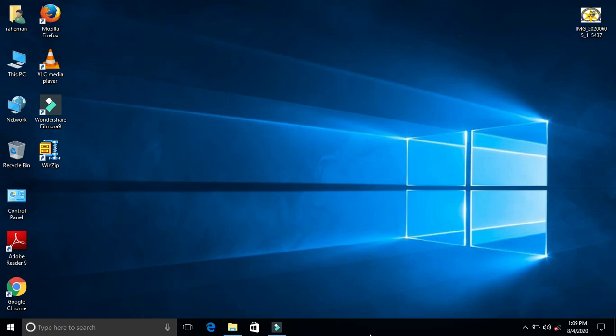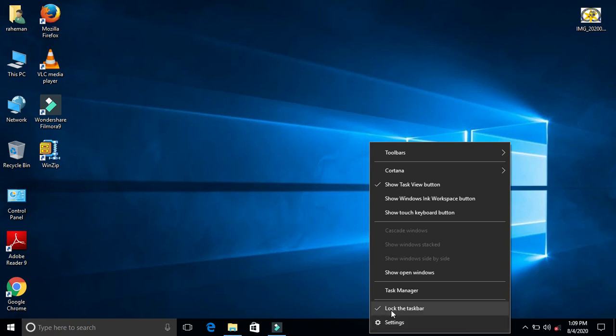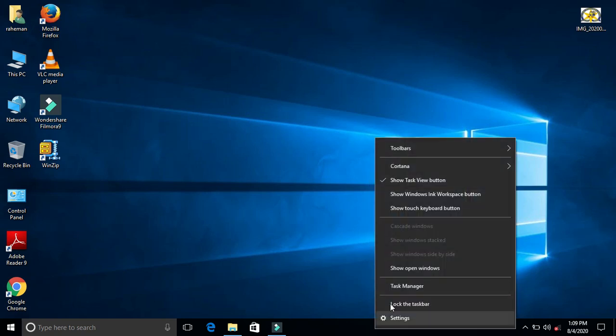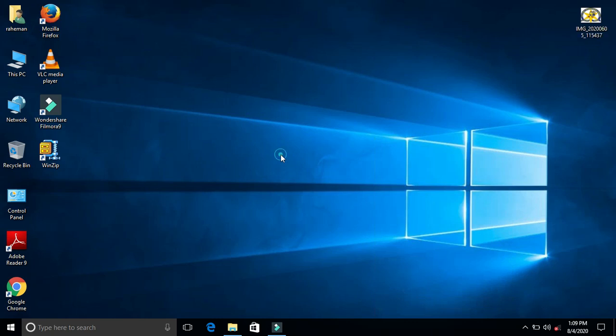So you can move it. If you lock this taskbar, it will be locked over here. Otherwise you can move it and move it upward also.